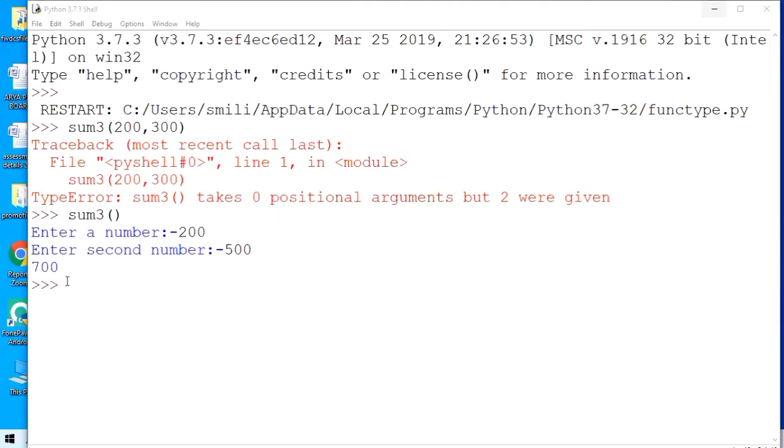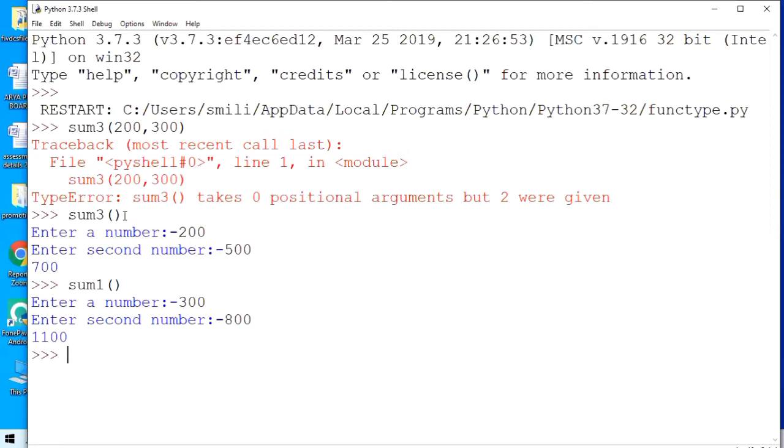It is working perfectly. Even we have written print, and when you have written print, we were getting the output. Let's have the example of sum1. This was the example of non-return type non-parameter. In this, if I am giving two values, let it be 300 and 800, it is also giving us the output. In this function we have used the print function, and in sum3 we have used return, and both are giving us the output.